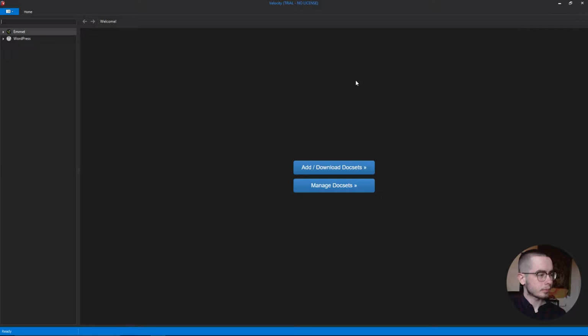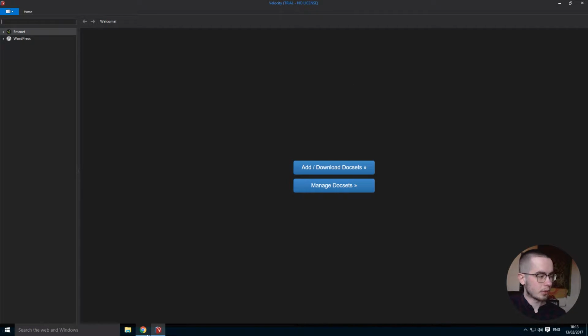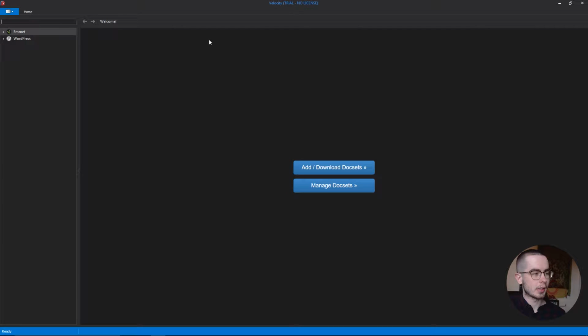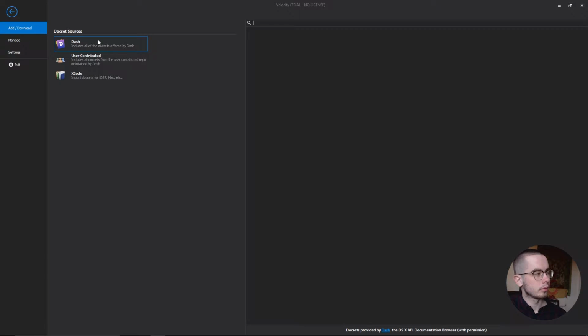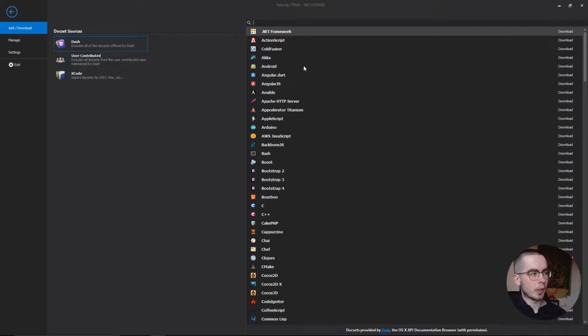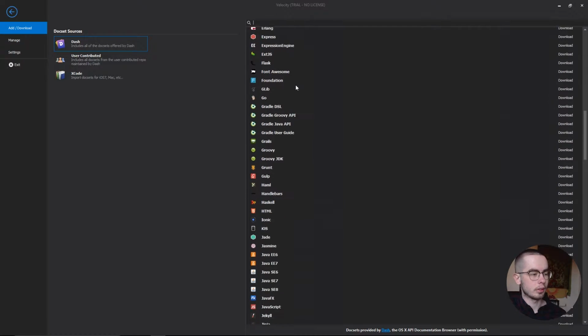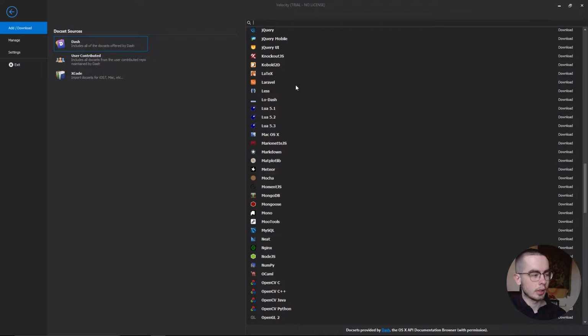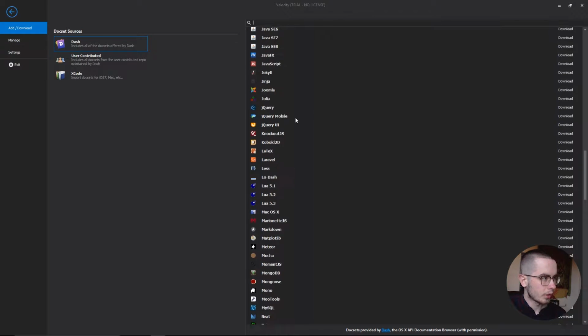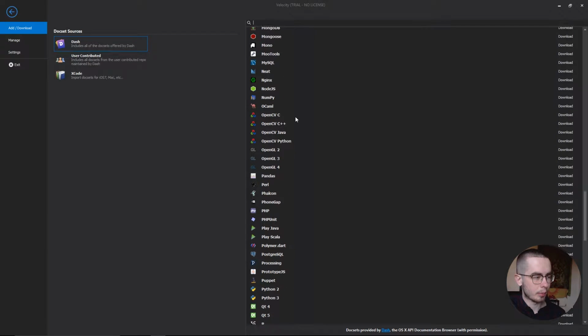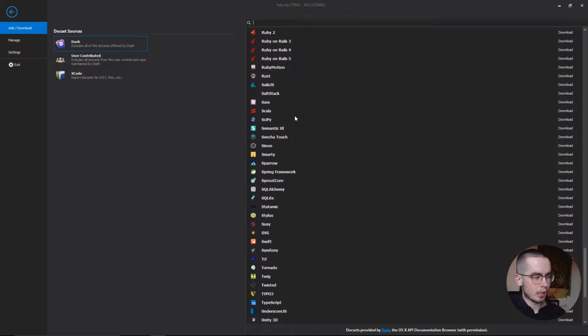So I've loaded up the software already, and this is what it looks like. When you first install it, you won't have Emmet or WordPress. But I'll run you through how to add some documentation and then show you some documentation while that downloads. You simply go into add and download, and you now have a bunch of different documentations that you can download. So I'm going to choose something as an example. Let's say